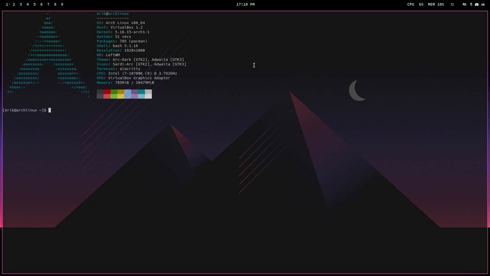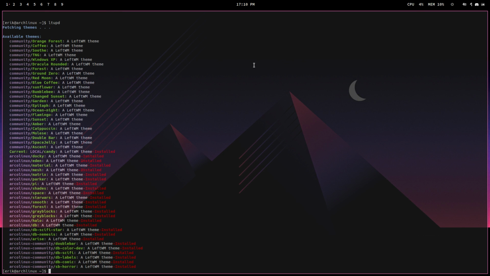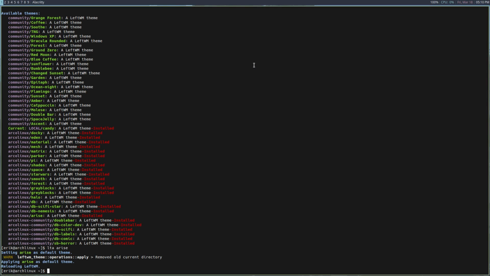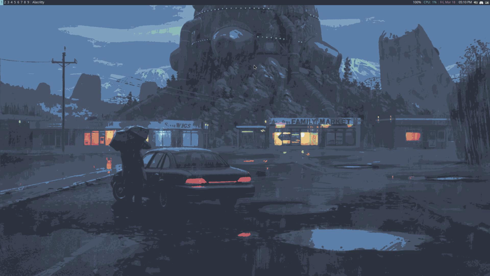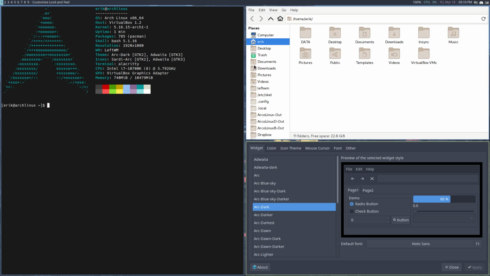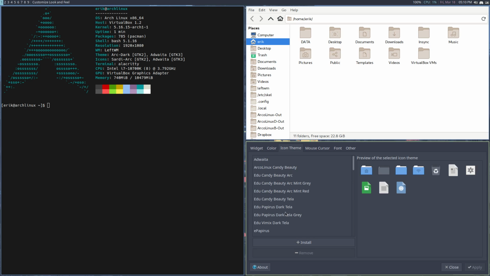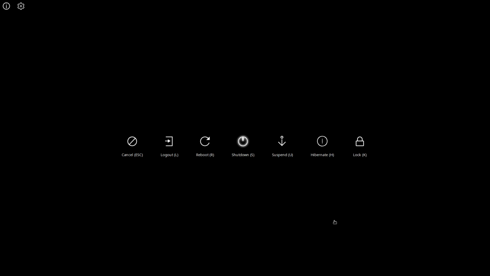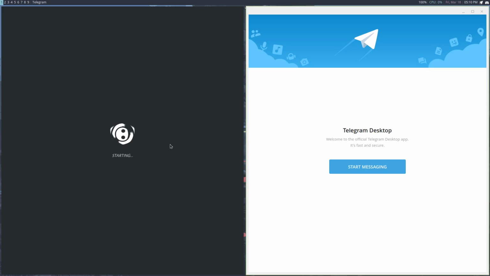Control T, LT update, LTA apply, the new one, the new kid on the block. That's that one, right? That's the new computer. Lots of things to do, not really. Alex appearance, change this one. Don't take this one. Apply, and then Super X, log out, log back in, Control T,